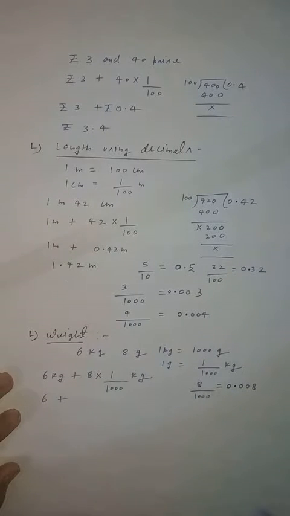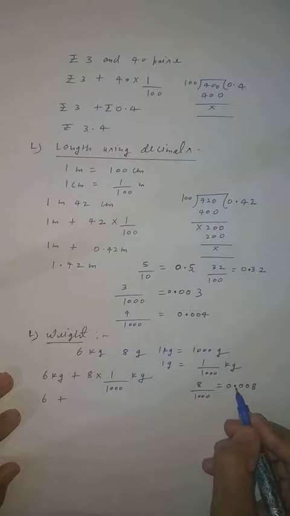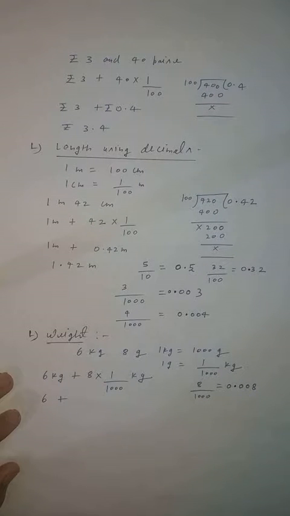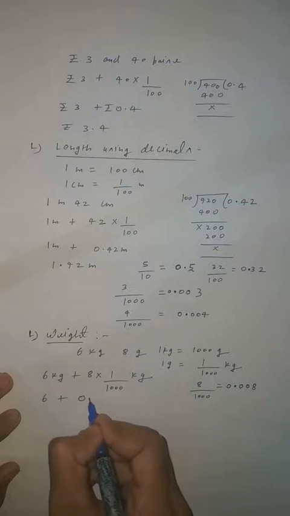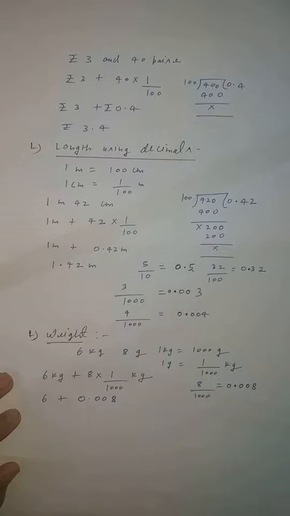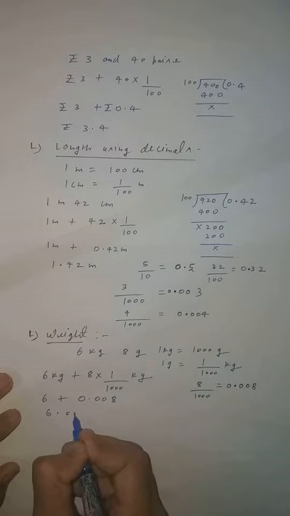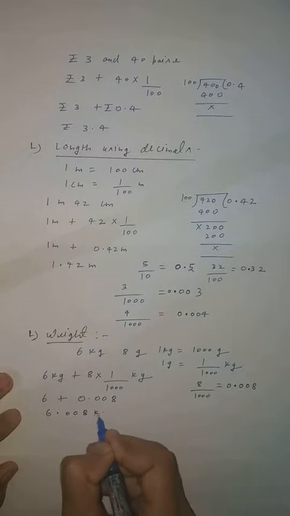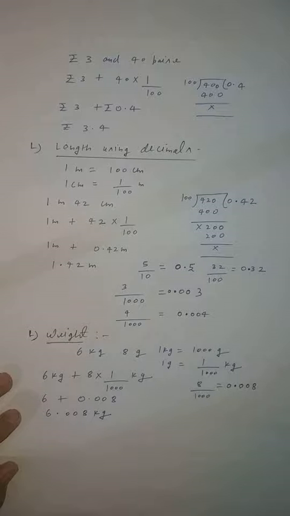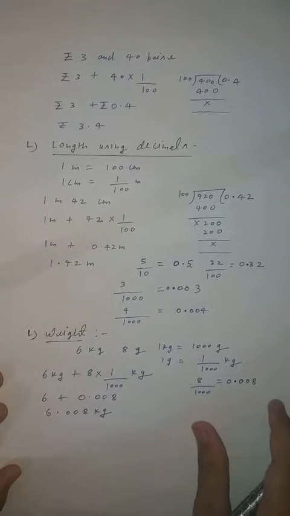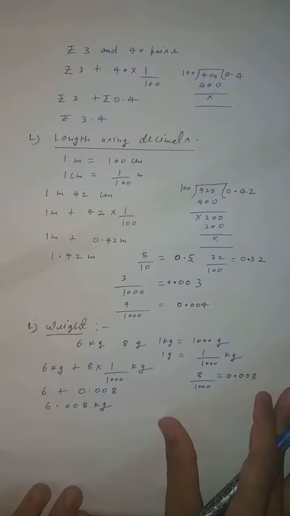This 0, if you use it okay, if you do not use it also okay. Okay? So after the decimal you can count 1, 2, 3 digits. It means this is correct. So what will it become? 0.008. Clear, student? Now when you add, this will become 6.008 kilogram. Clear, student? So this is our 6.008 kilogram. Okay?